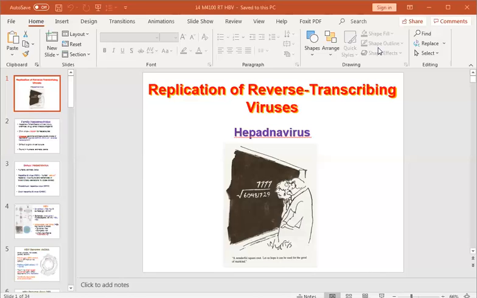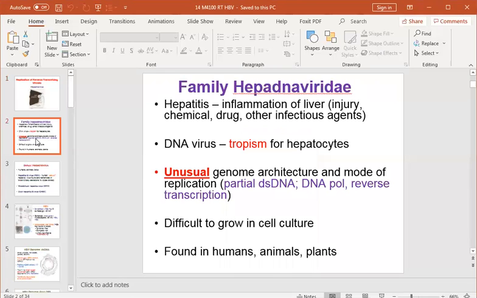So today we're talking about replication of reverse transcribing viruses, hepadnaviruses. So the family that we are discussing today is the family Hepadnaviridae. These viruses cause hepatitis, which is